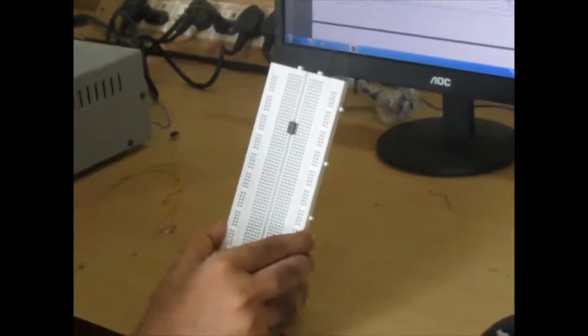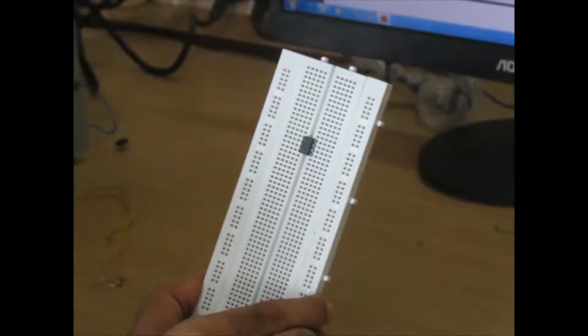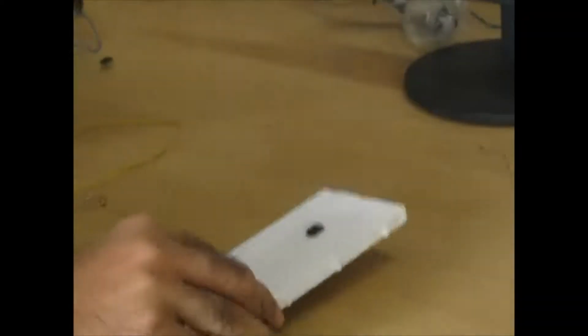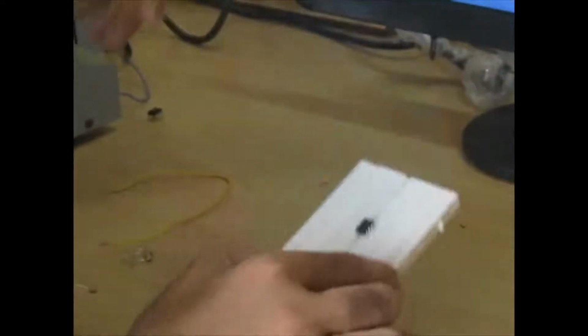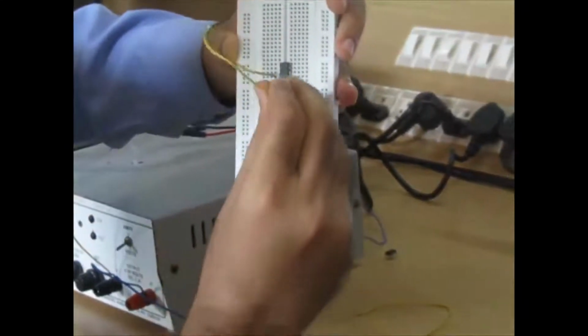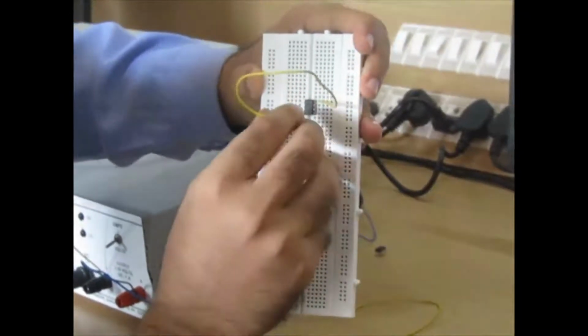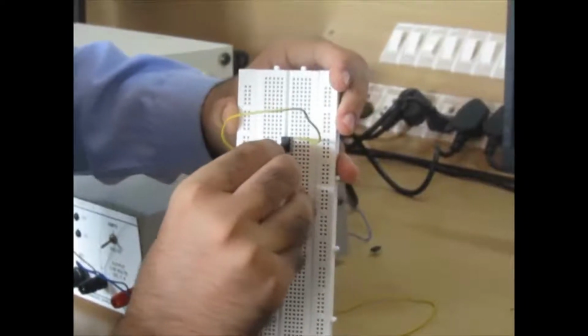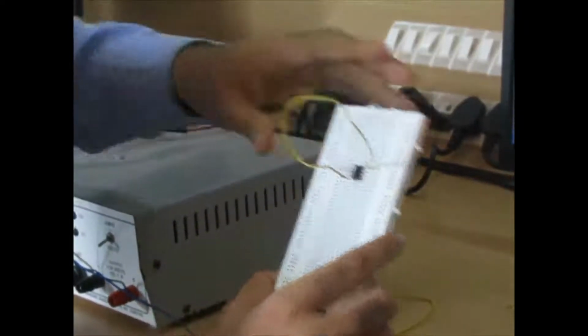So first you can see that pin number 8 and pin number 4 both are shorted, right? So for that, I am going to use a piece of wire like this. As you can see, this is pin number 4 and this is pin number 8. So here I will insert the wire to pin number 4, and another end will be connected to pin number 8. Fine. You have to insert properly, because sometimes because of a loose connection it may come out.